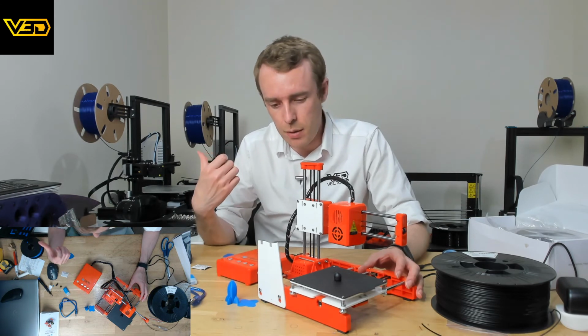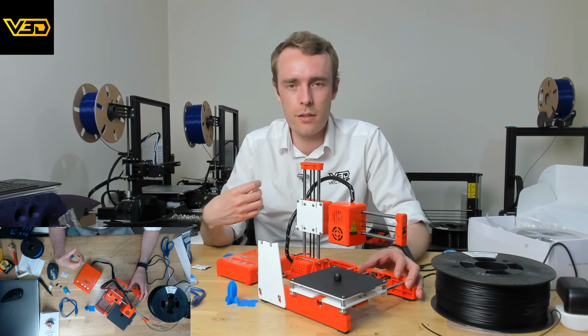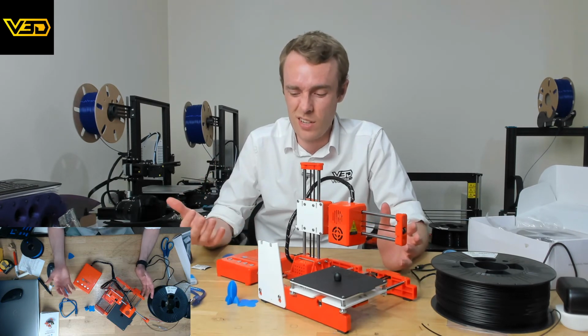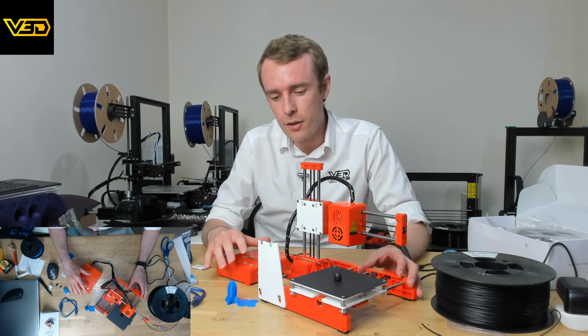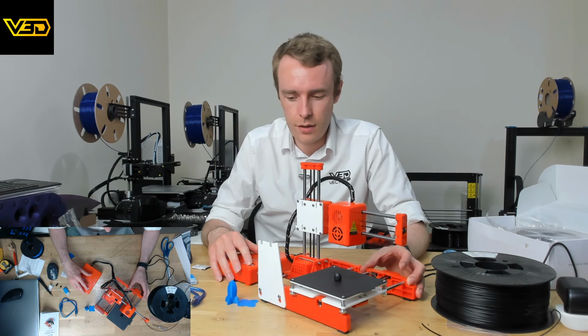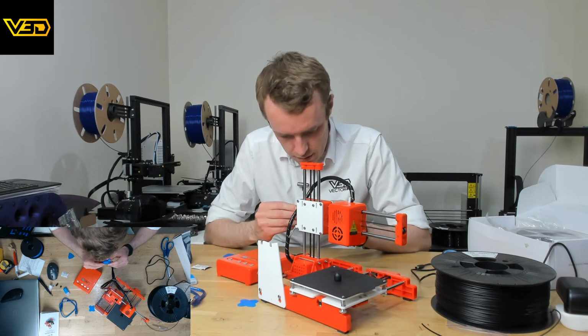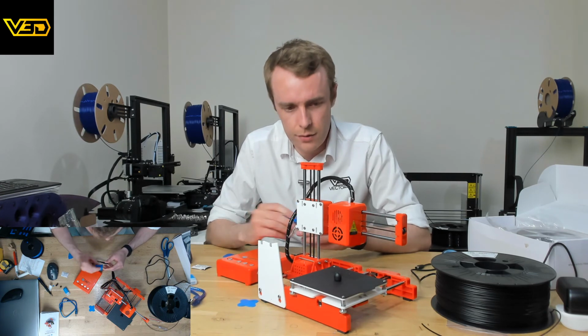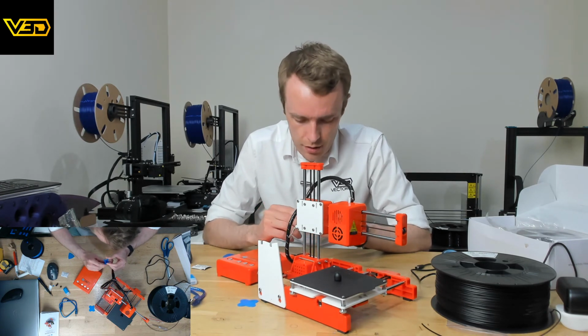And as a platform for support and the number of upgrades you could do if you wanted to, I think they're pretty good, fairly good as stock anyway, but the print quality is okay. You'd have to refine the profiles and check what speeds and things you can achieve, but